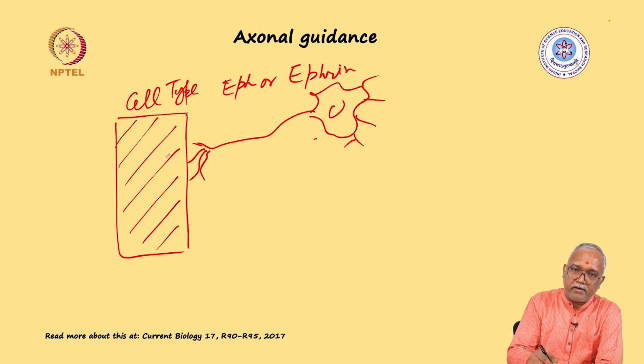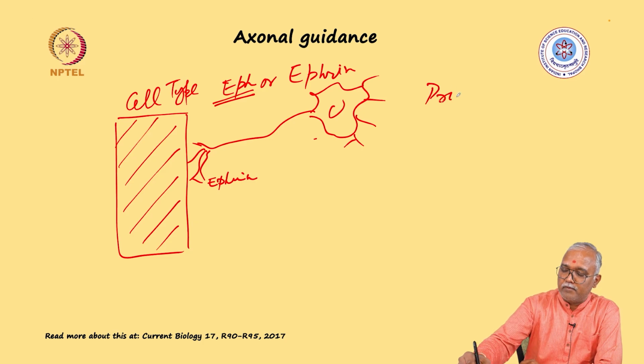If the cell type is expressing Eph, the axonal end is expressing the Ephrin, and vice versa. So when they have a similar type of Eph and Ephrin combination, which can go into productive engagement,